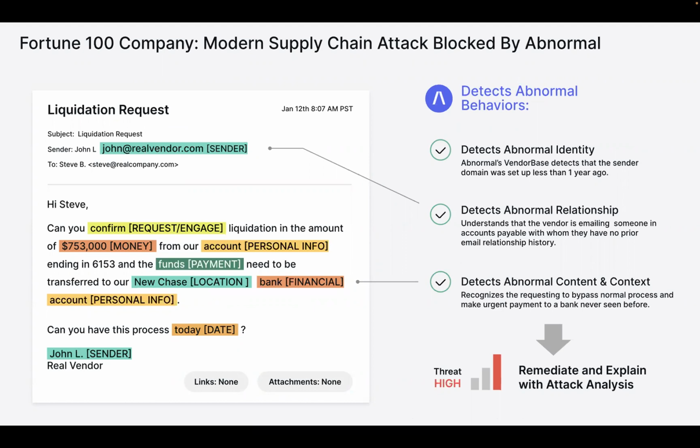The signals include 65, 70,000 unique signals to determine, is this a malicious email in the environment, right? If you see some of the color coding here, this is what we call natural language processing, right? It's the ability for Abnormal to look at and understand what they are requesting. What is the sentiment and tone of the email? Is this something that we've seen before from the vendor or not?